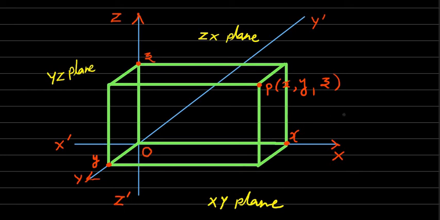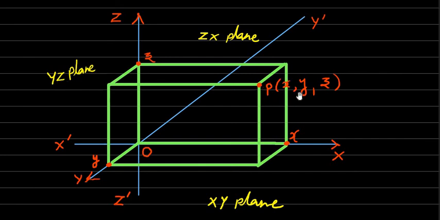So how can we say that? If P is a point in space having its coordinates x, y and z, then x, which is its x coordinate, is nothing but the perpendicular distance of point P from the YZ plane. It is equal to this much distance. This distance is the same as this distance, as this is a rectangle. Therefore, if P is a point having coordinates x, y, z in space, then its x coordinate is the perpendicular distance of point P from the YZ plane.